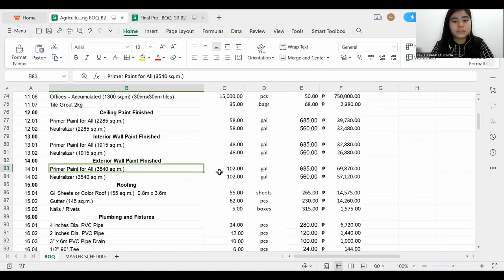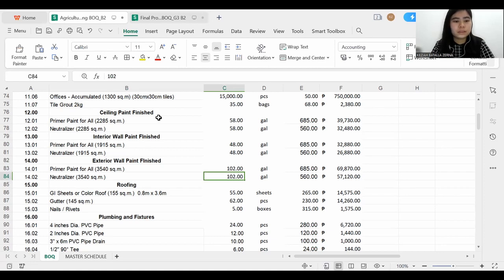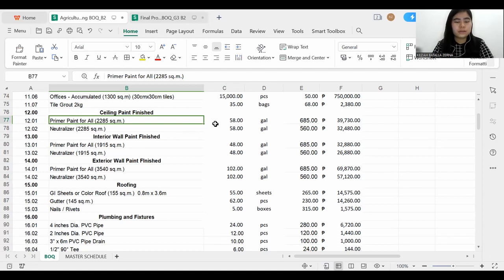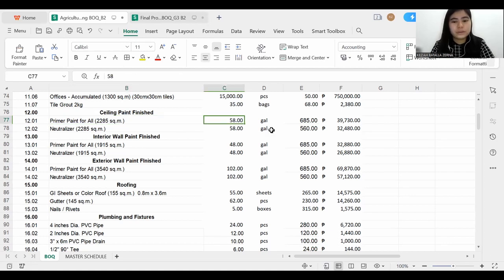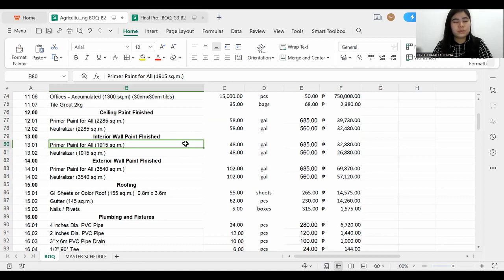So I got this value, and for the ceiling paint finish, it is the same process wherein I got this value also. This column is the unit price for the primer paint and the neutralizer. To get the total cost, I multiplied the unit price and its quantity. This column is the total cost of these materials for the whole agricultural building. And also,